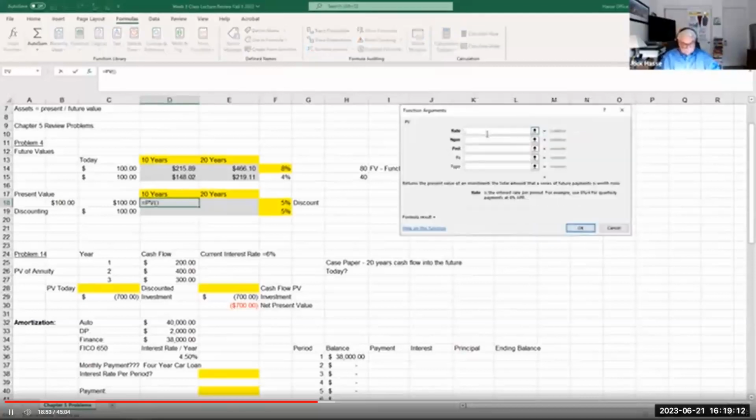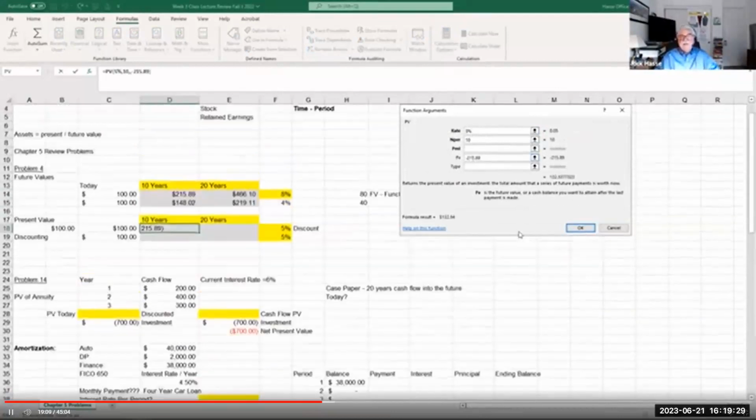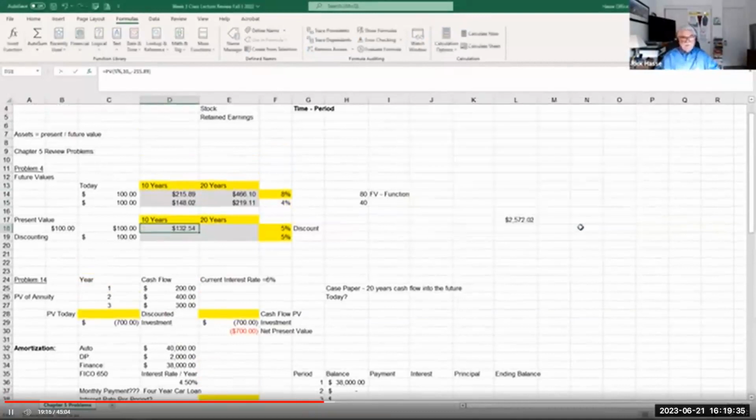So my interest rate would be the inflation rate, 5%. That's my cost of money. Number of periods would be 10. And the future value I'd put in $215.89, which is the future value of that $100. So now we're taking into account inflation, and are we still going to make money off that investment? Well, notice the number is